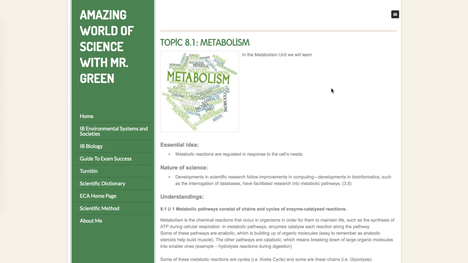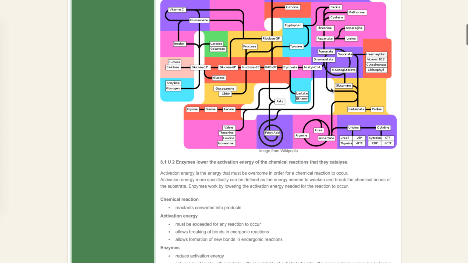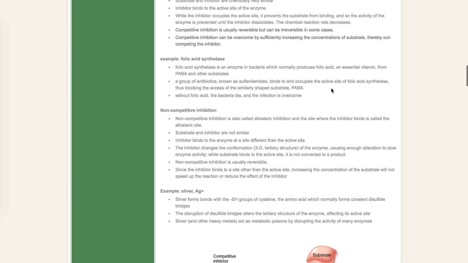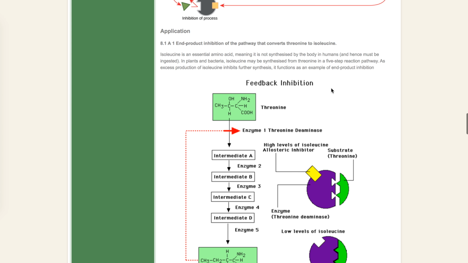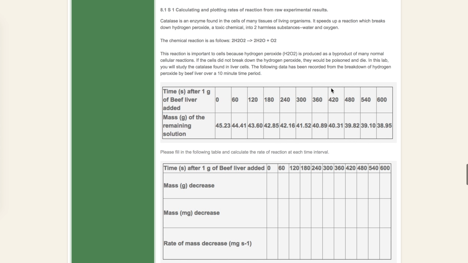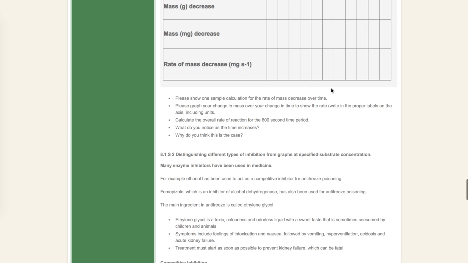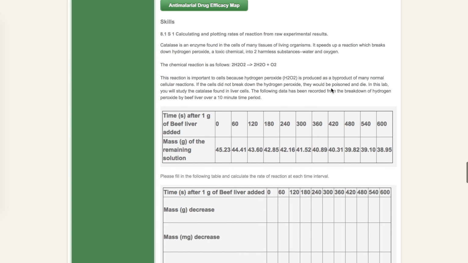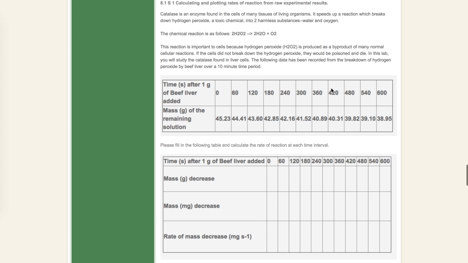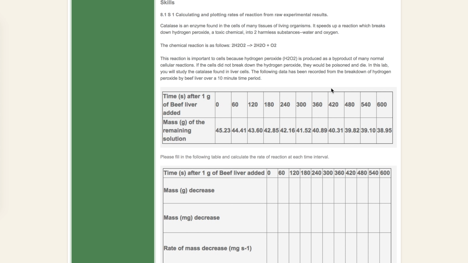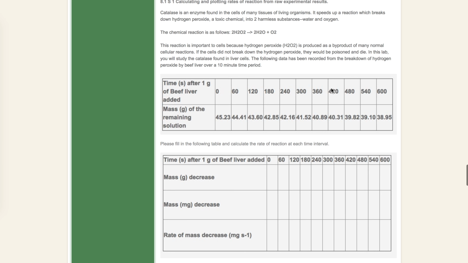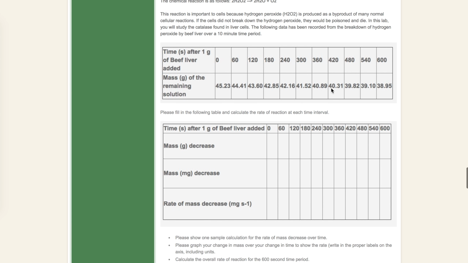Well, I found a new resource, a new website to pull some information from, and I've used some of it. I forget. Oh yeah, this right here. I did some screenshots, and my first little video cast was about plotting the rates of reaction from the enzyme catalase. Anyway,